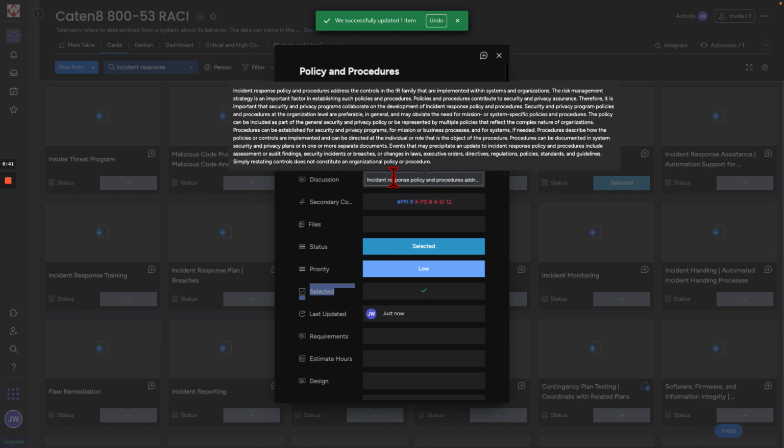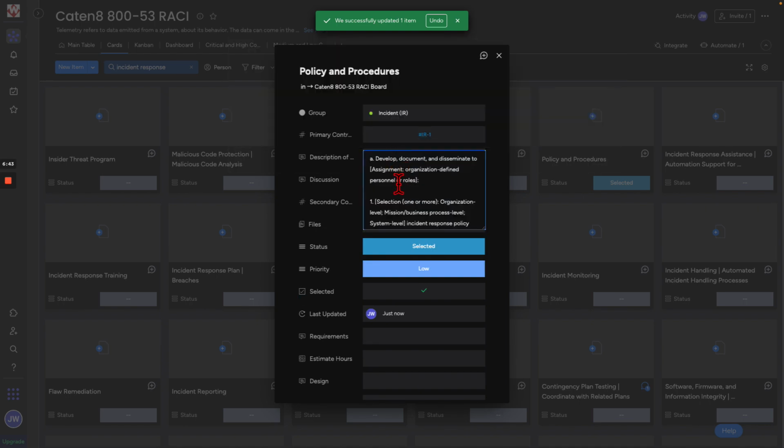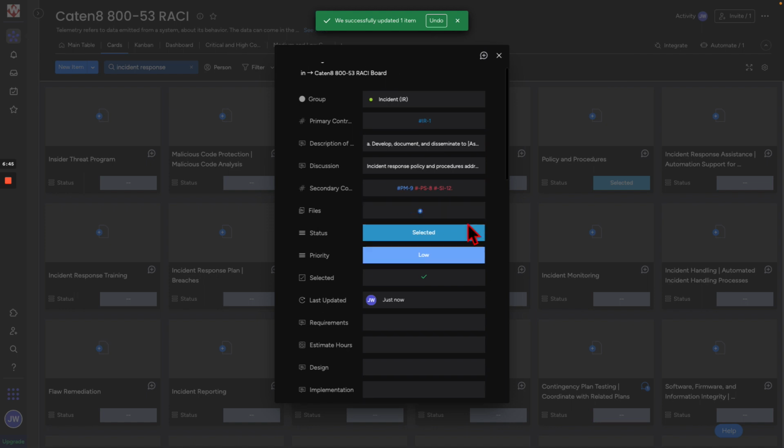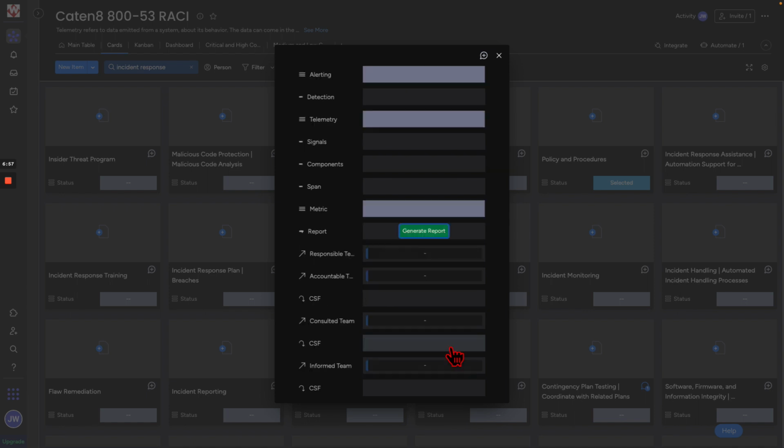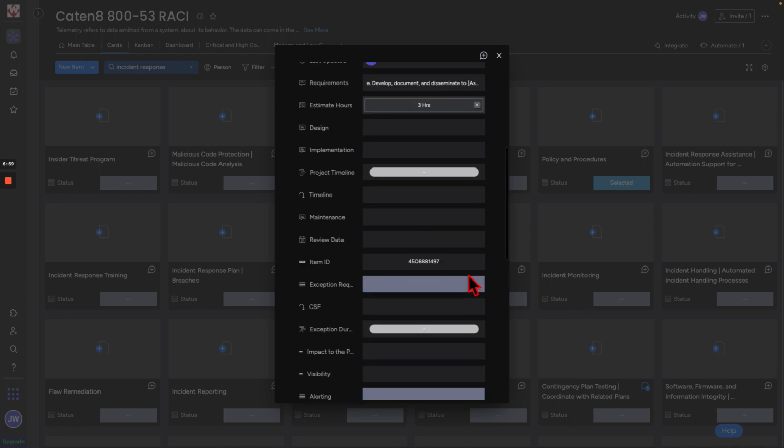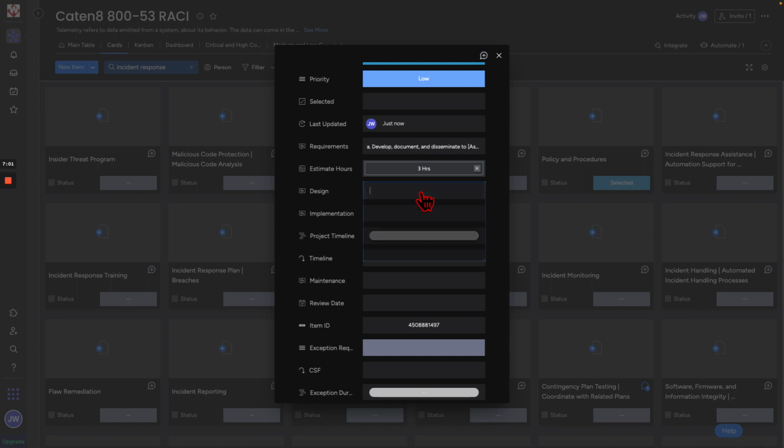Now, what are the requirements? Well, they're right here. The description helps us define the requirements for what we're going to build. So we're going to build this out. And then we're going to come down here, and then we're going to estimate the hours. You know what? Let's just say we need to do 3 hours. This is good. It lets us start to plan, and then we're going to start to design. But we'll need another conversation with different people to start to really design this. But let's,